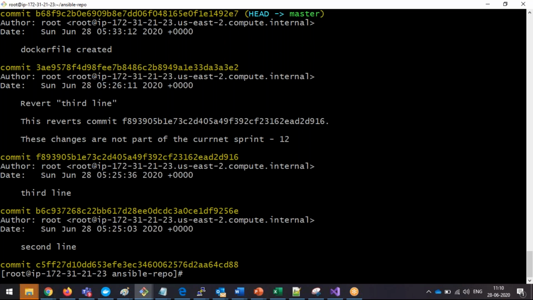So that option is available in our Git. That's what we call Git stashing. So let's see how Git stash is going to work. Now here,